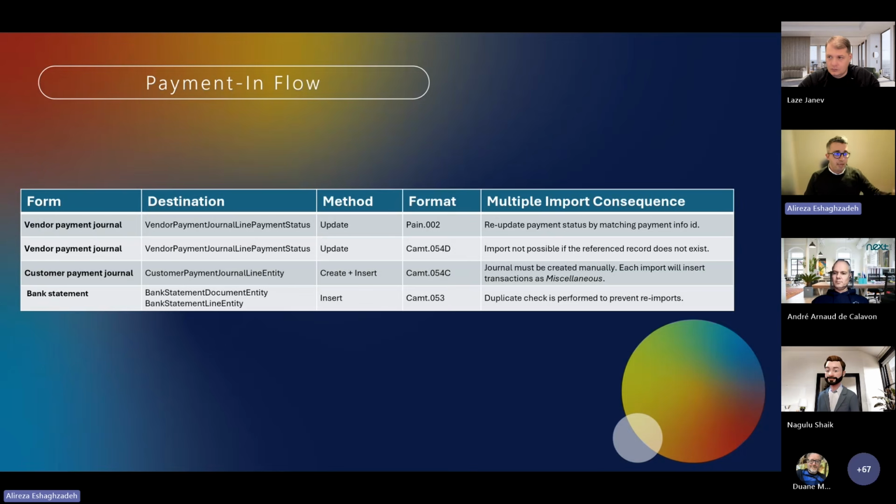So afterward, the bank will send me the payment receipt. And I also have just mentioned the multiple import consequences. So in the case that you import it several times, it just changes the status. But when it comes to the